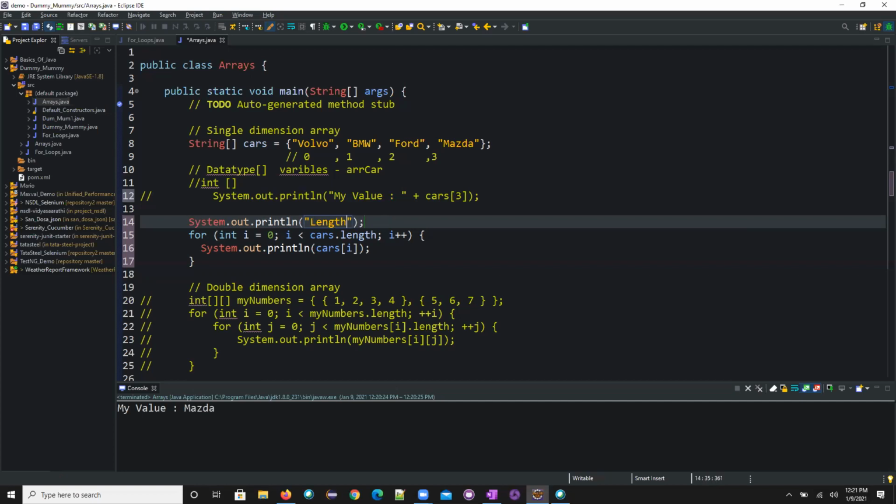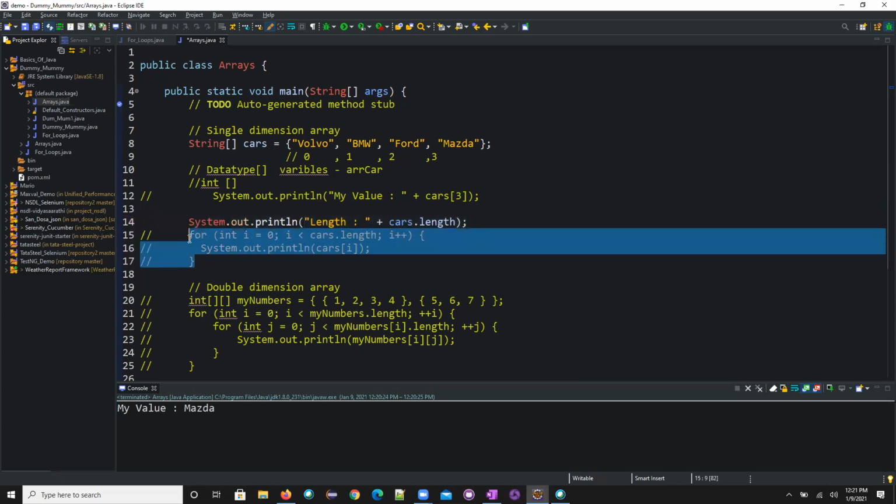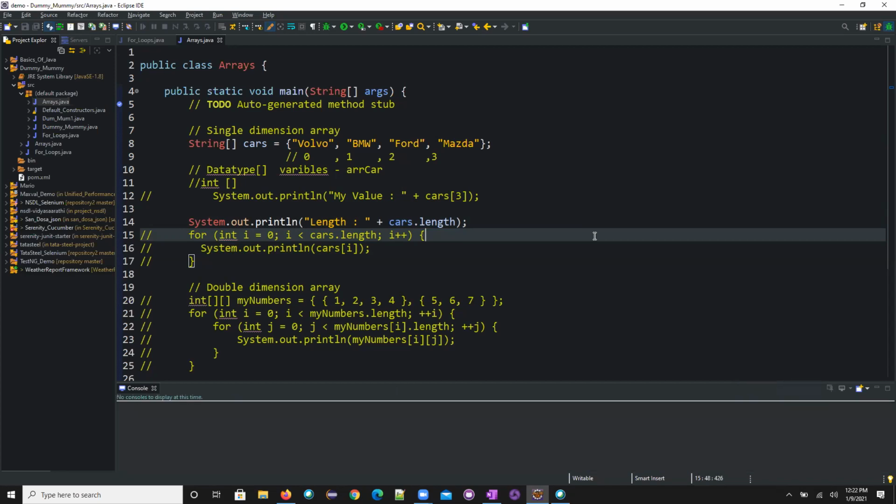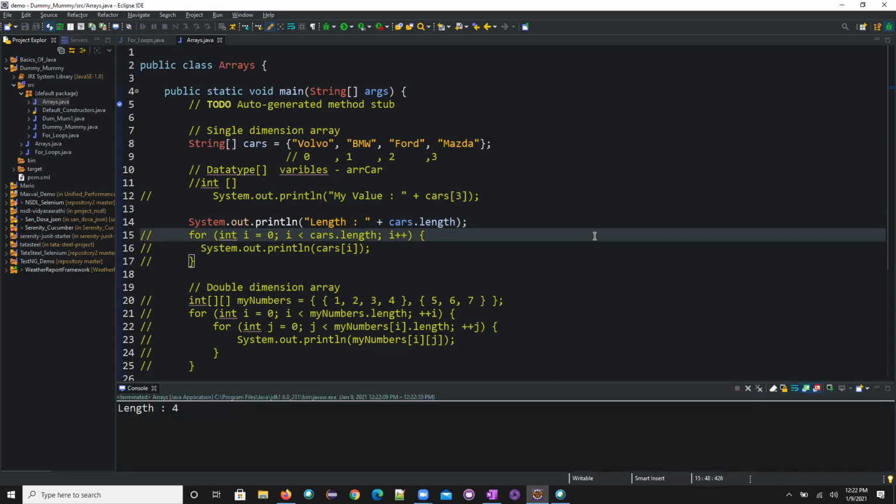4. Okay, so Monica, what is the length here it will print for me? 4. Anish, if I execute this program, what will it print for me? I'm ready to execute. Okay, Dharini, what is the value it will print for me? I think 3, sir.